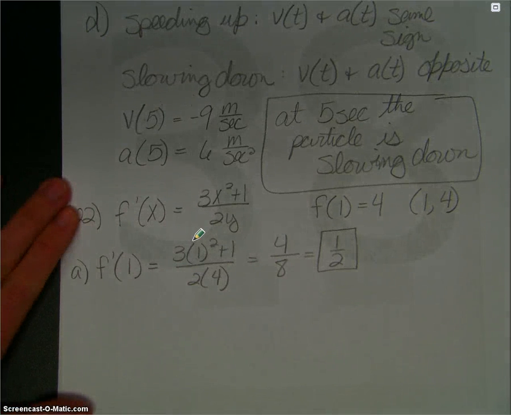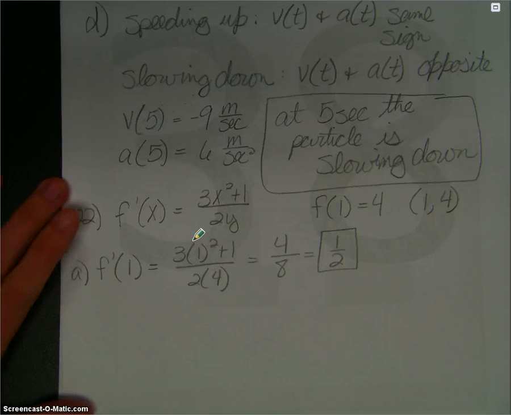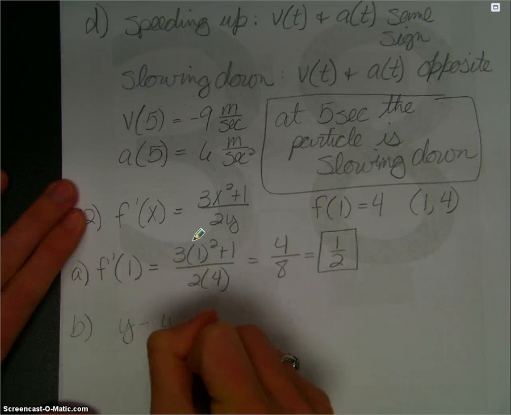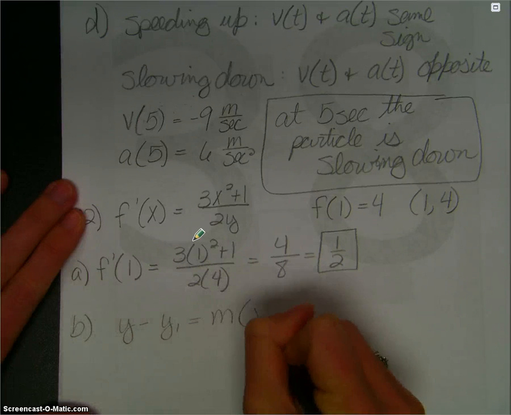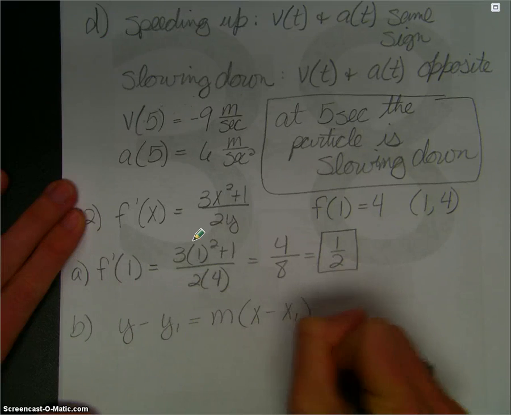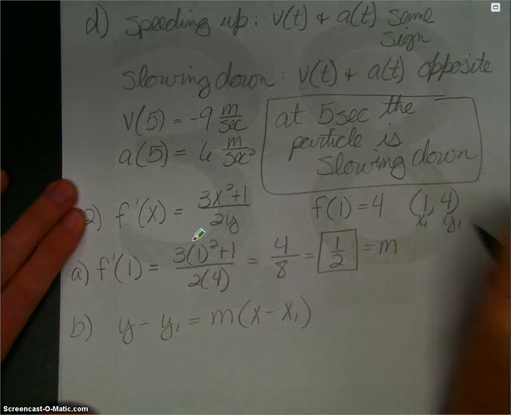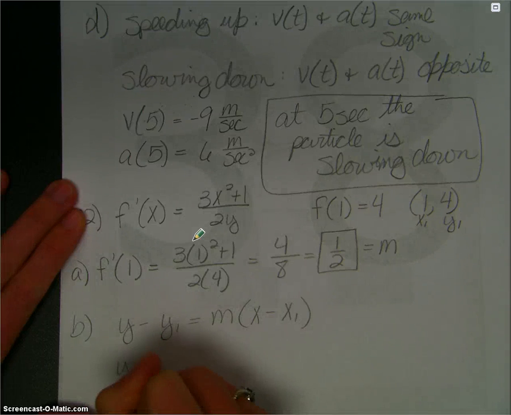And then in part B, they asked me to write an equation for the tangent line. So part B, my equation for my tangent line, we will use this formula here, and this is my slope, and this is my x1 and my y1. So that will give me that y minus 4 is equal to my slope of